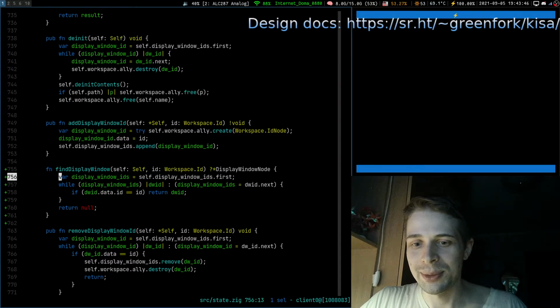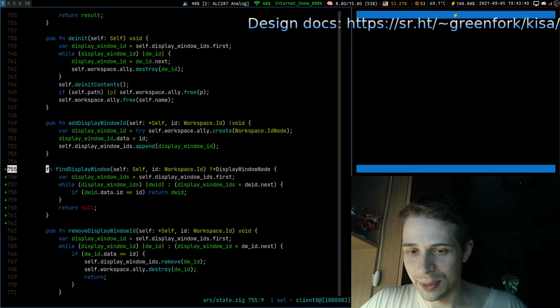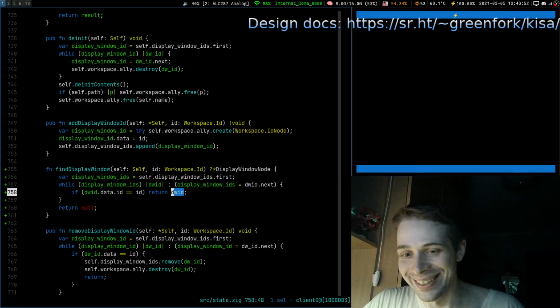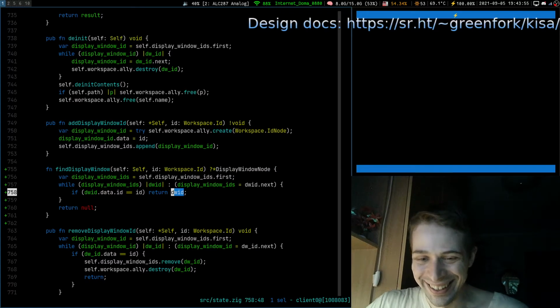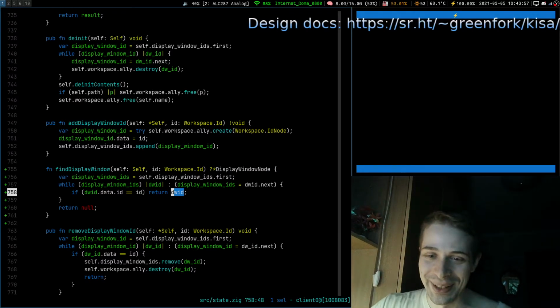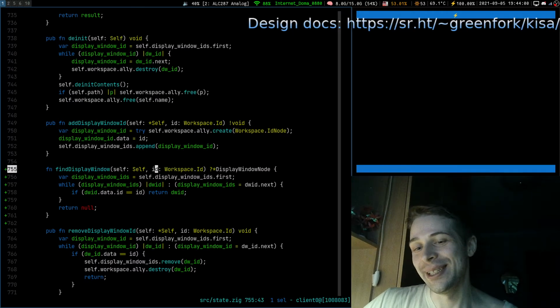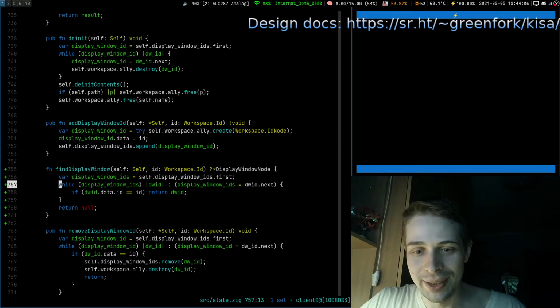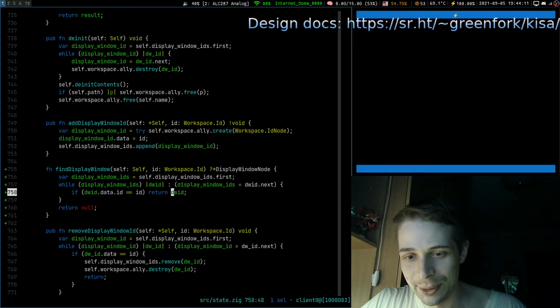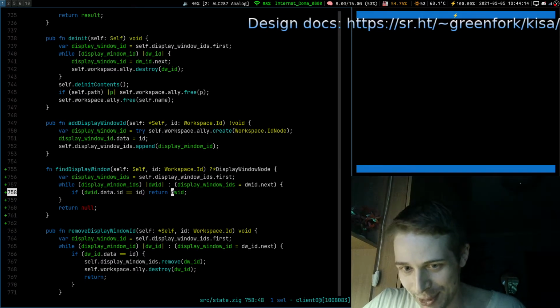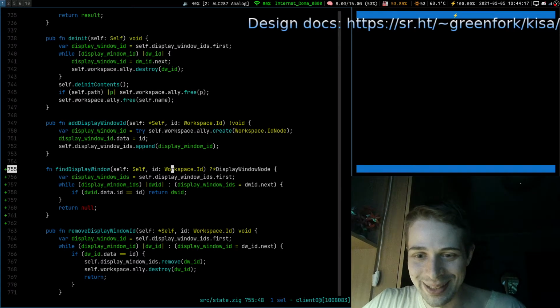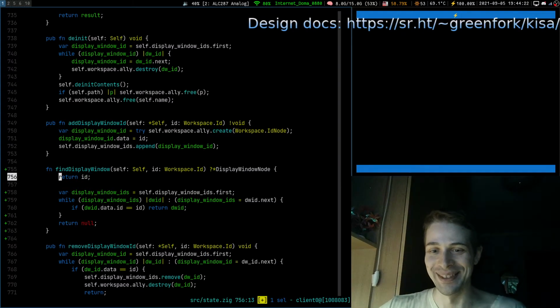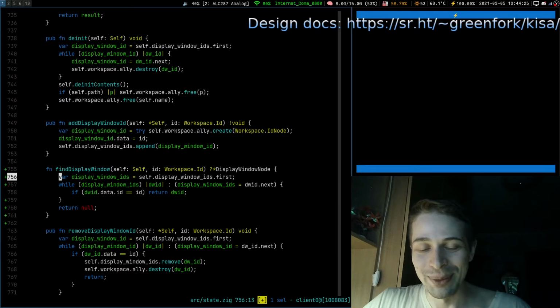We probably want to do find display window on the workspace, because here we will just return an ID. So I just realized what we do here. We pass an ID. Okay, we say, okay, we have an ID. We go to our list of all IDs. We iterate through the list. We find the node with the correct ID, and we return this ID of the node, which we have just passed. So we basically can write it like so, or maybe even like so. Return ID and it will be the same. Okay. Probably not what we want.